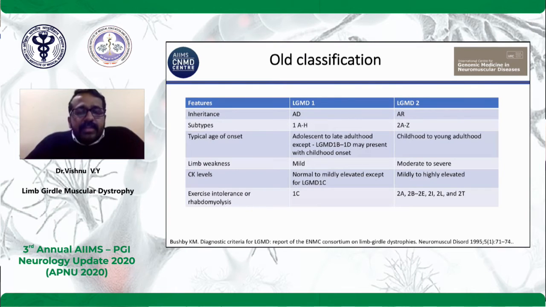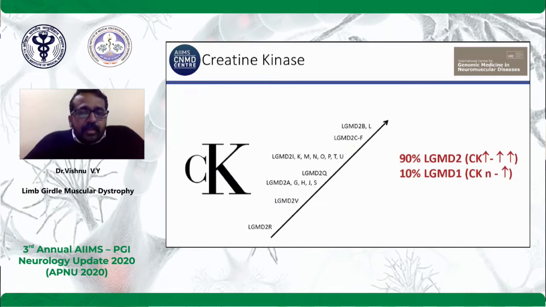So we know that 90% are LGMD2, the recessive ones, and 10% are autosomal dominant. The recessive ones are more severe and have more highly elevated CK. And you see the CK levels. The highest levels are seen in LGMD2L, the anoctaminopathies, and the dysferlinopathies, followed by sarcoglycanopathies. Then you see the FKRP and all the dystroglycanopathies. Then come the calpainopathies and others. So this is one way of differentiating between LGMDs. When the CK level is very high, it is very unlikely to be LGMD1. It's most likely a recessive LGMD.